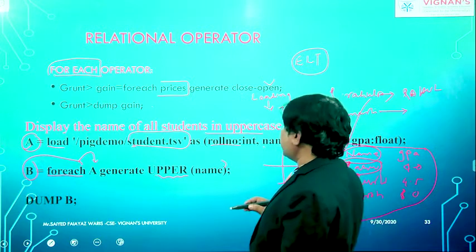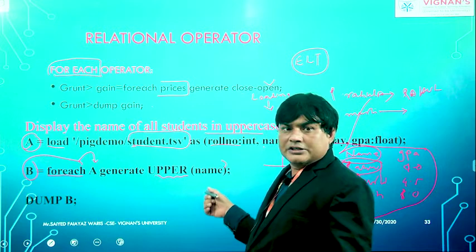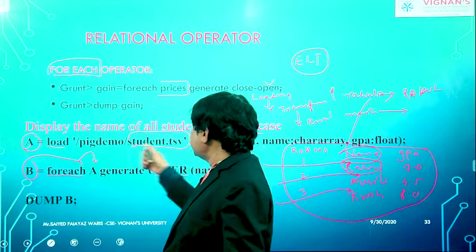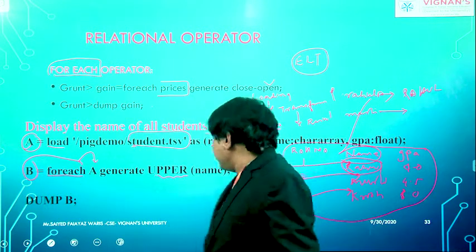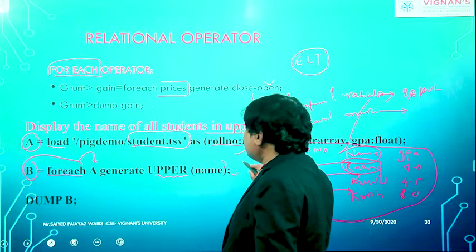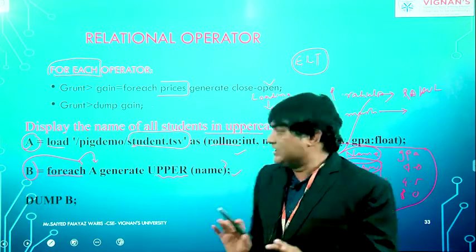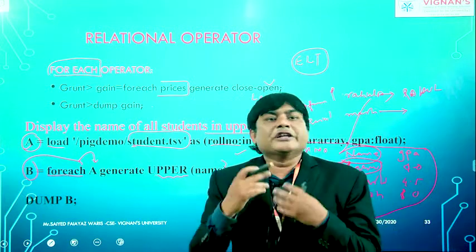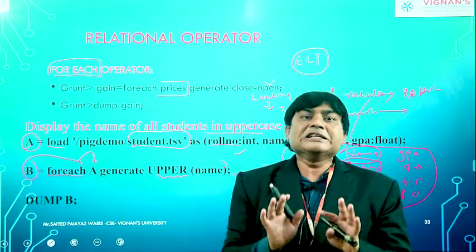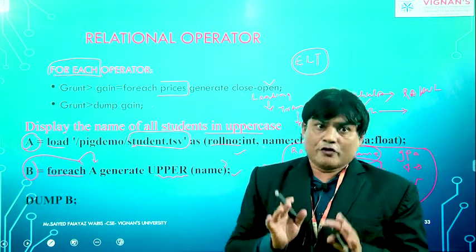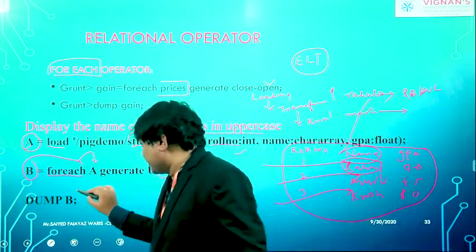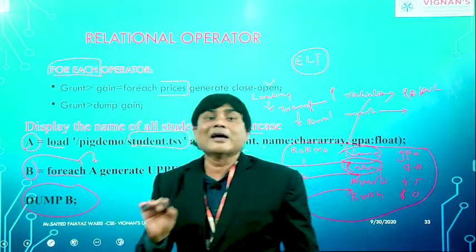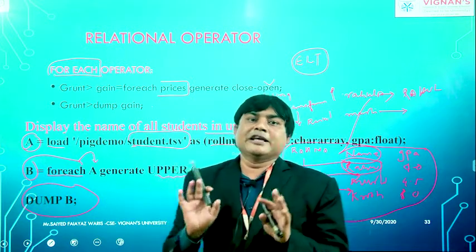So I'm performing these three important things. First, I'm loading the data. Second, I'm doing some kind of transformation. After transformation, I'm storing the result, keeping it in B. So if you do up to this, nothing is going to happen. This statement remains as it is. You won't get any output and won't store any output, because Pig is a lazy operator. So once you fire the statement, only then the processing will take place. Otherwise, it remains as it is.